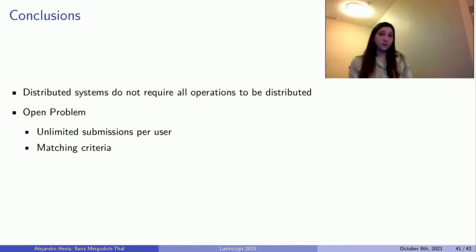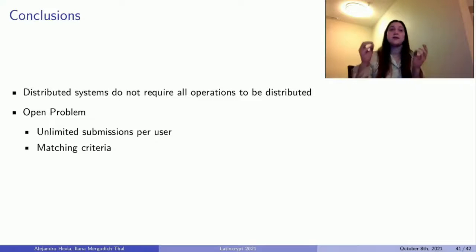There are still some open problems. Our work has some limitations. I did not have the time to get into it, but one of the limitations is that now the users have a limited number of tokens that they need to submit an accusation. So it will be interesting to see how we can change this so that they can have an unlimited amount